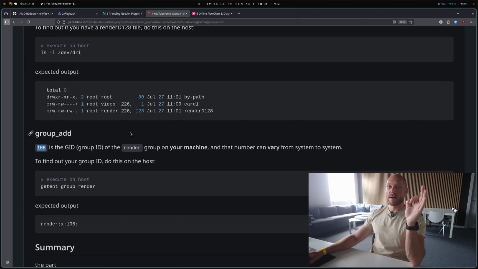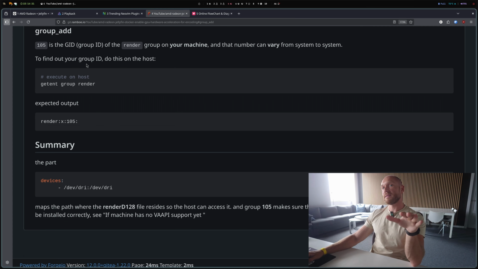So the next thing I'm going to talk about is the group add thing. In my case, it was 105, and this is the group ID of the render group, and that number can vary from system to system. Just remember that. Like for me, it's 105. For you, it can be something different. And in order to know what is your correct number,